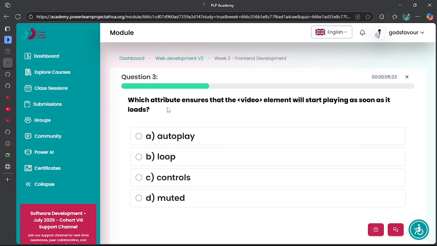All right. So the next question: which attribute ensures that the video element will start playing as soon as it loads? A. Autoplay. B. Loop. C. Controls. D. Muted. Alright, so this, as a matter of fact, is cheap to know. Everybody knows it is autoplay, right? Autoplay starts playing as soon as it loads, so it's automatic play, autoplay. So autoplay actually triggers the